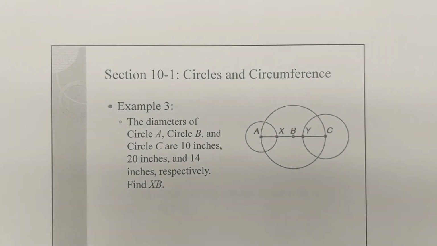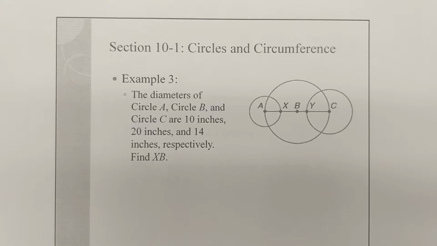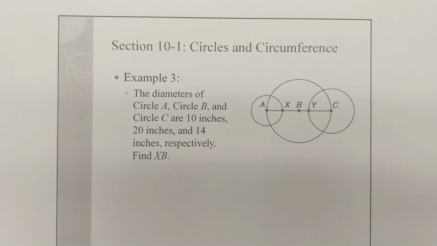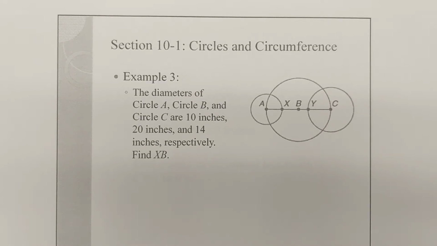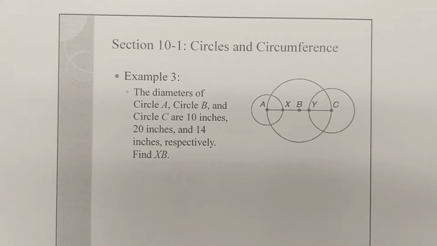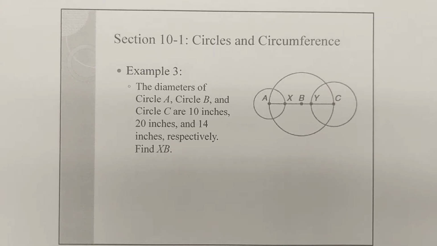Okay, moving right along. All right, so example 3 here. If you have some circles that overlap, you can do some math to find lengths of segments. So the diameters of circles A, B, and C are 10, 20, and 14 inches respectively. Find the length of XB. Now in problems like this, it's not actually the diameter that's important, it's the radius. So for circle A,